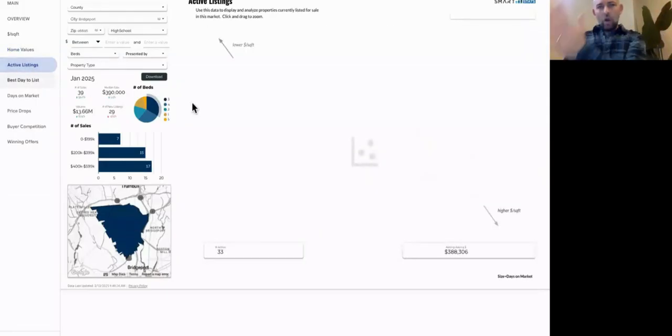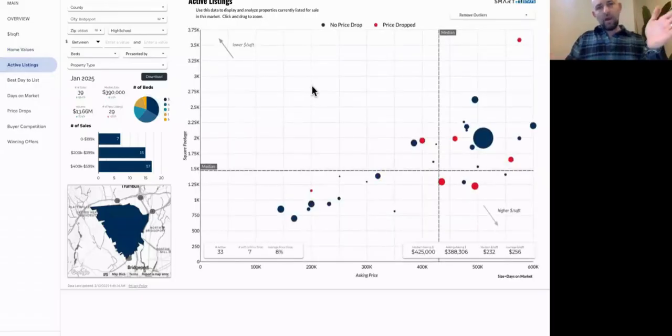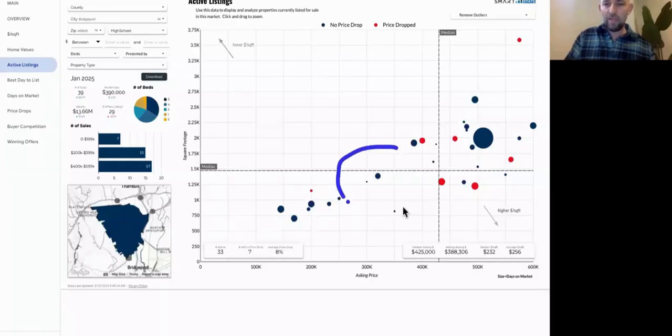So you can see here, we're going through these different stages. We've talked about the market. We've talked about maybe approaching pricing. We're looking here at the listings that are in the market. Sometimes we may want just a little snippet of information that says, hey, here's what we're looking at. By the way, this is the price point we're looking at entering in. You can see there's not a lot of competition in that price point.